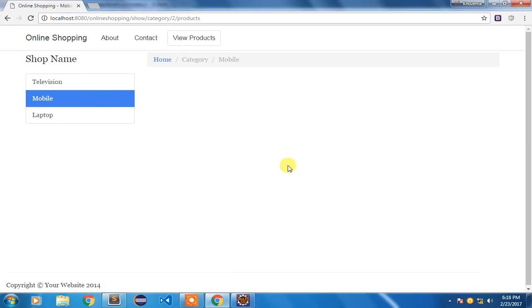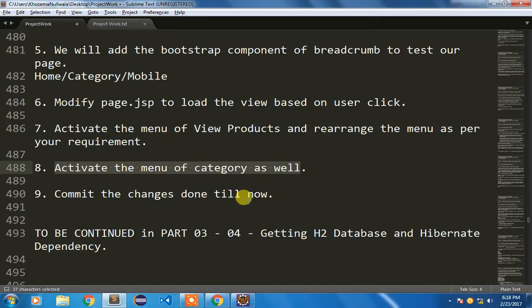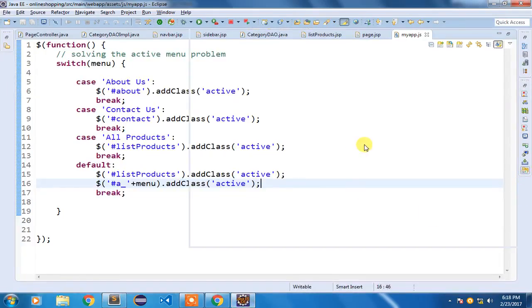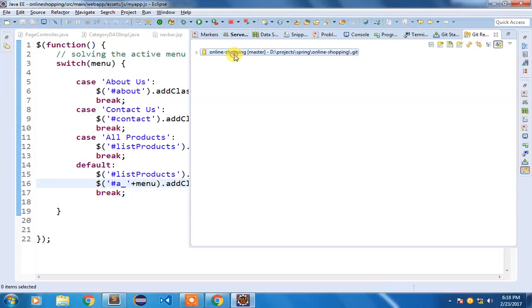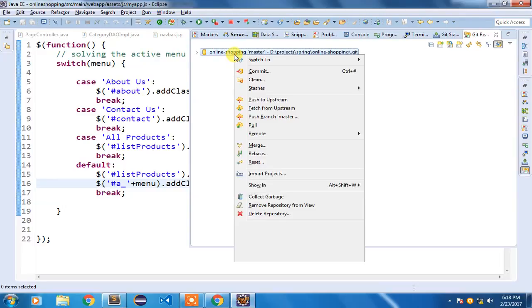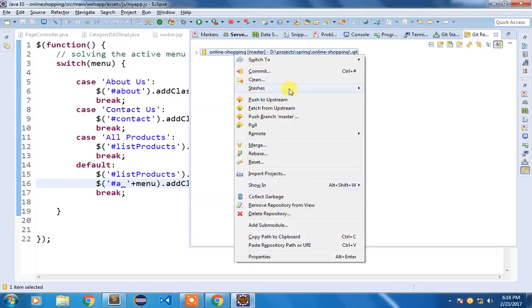So after doing this much of coding, the last thing we'll do, we are going to commit all the changes that we have done till now. So I'm going to quickly open our Git, right click on it, and we'll do a commit.